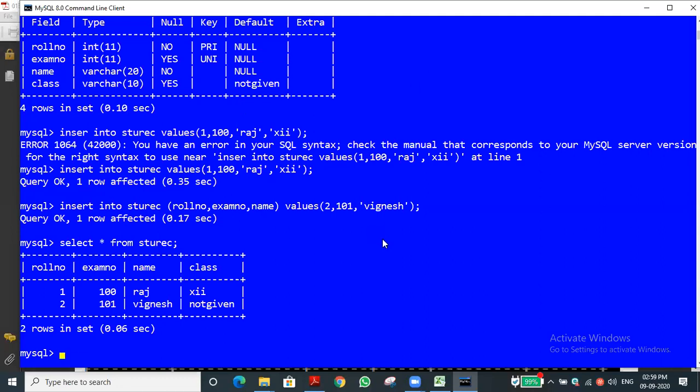Once again, we will discuss this table in tomorrow's class also. So far we completed the primary key constraint, unique constraint, not null constraint, and default constraint. We completed four things. Foreign key is pending and check constraint is pending. We will discuss these two along with the remaining constraints in tomorrow's class.